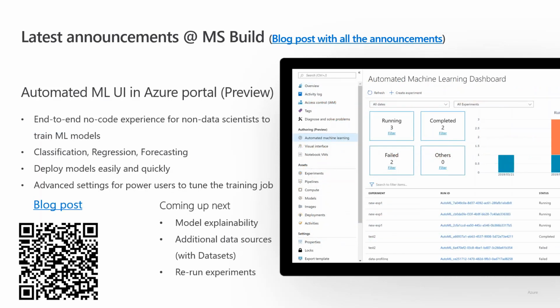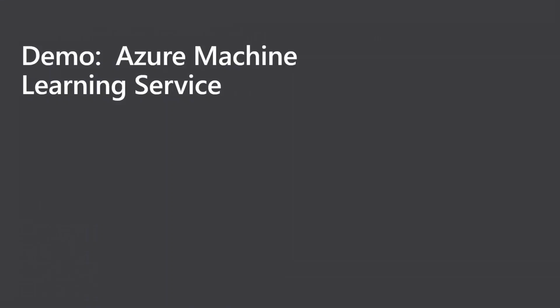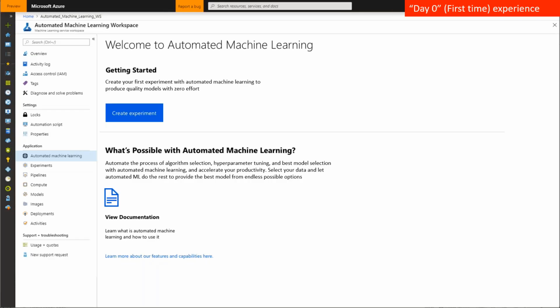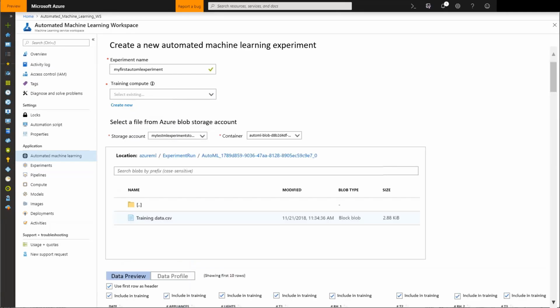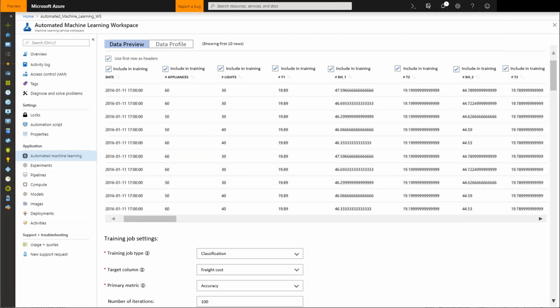Automated ML UI in Azure Portal, which is in preview, is what I'm going to show today. All right, so now we're going to do a demo with Azure Machine Learning Service. What I'm showing right now are slides. These will be in the slide deck. I decided to keep them there, but we're still also going to see a live demo about making a new machine learning experiment. This is for the Microsoft Azure environment, and you'll see the technology here showing